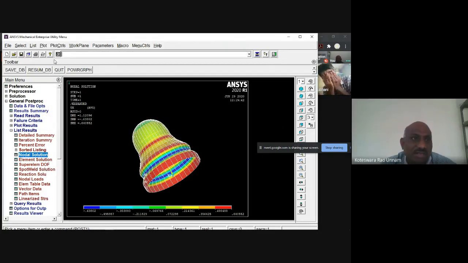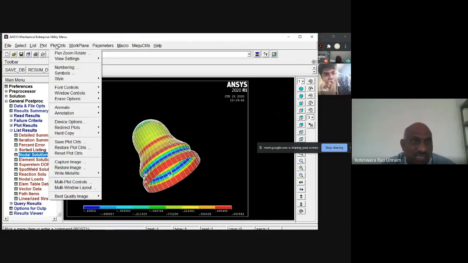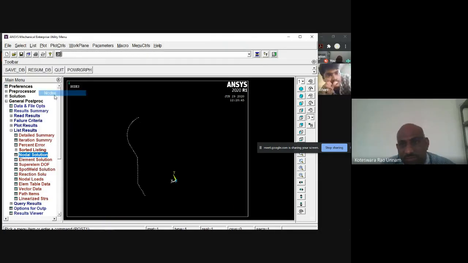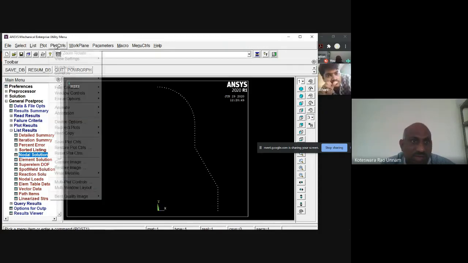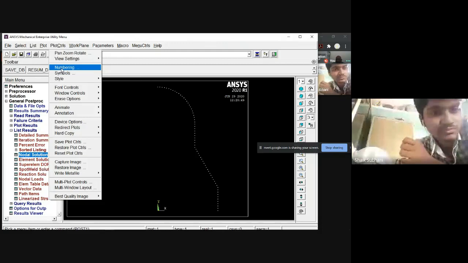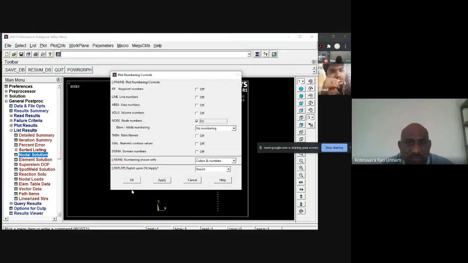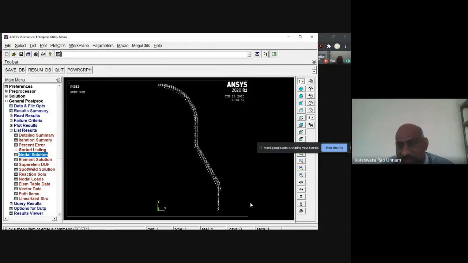Or else you can see that also by plotting nodes. You can go for plot nodes. I'll come to the front view. Then if I give the numbering here, node numbers on, I can see where is that node number 6.